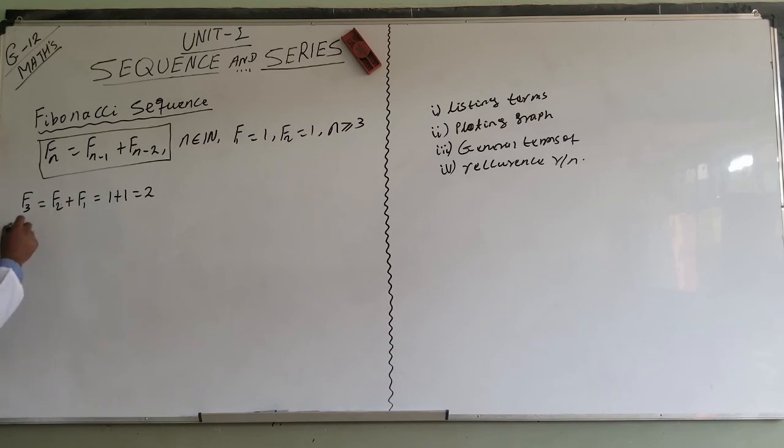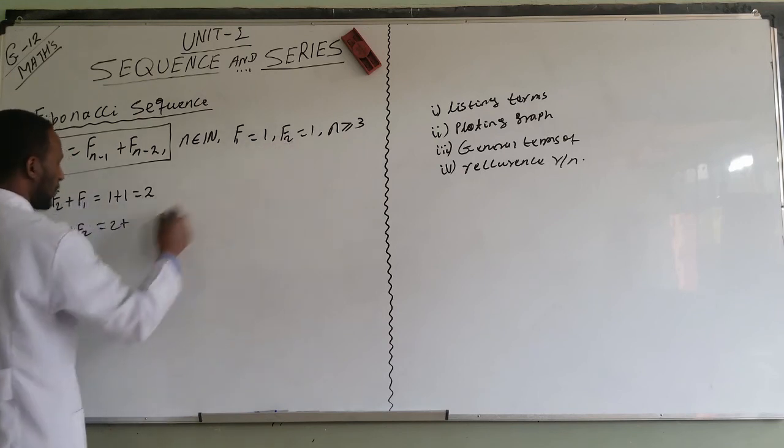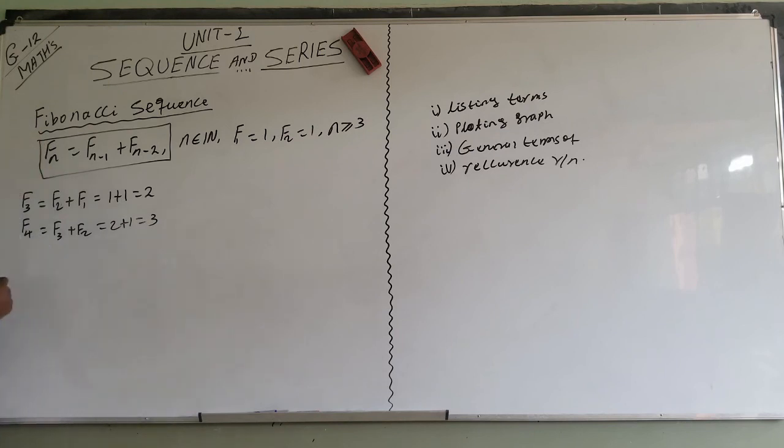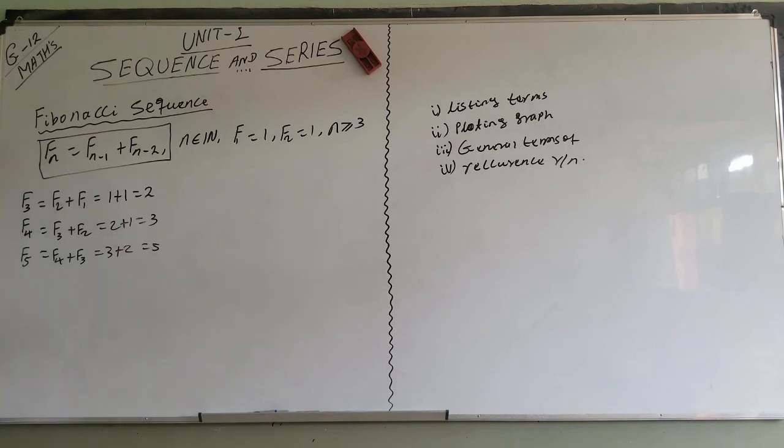Then f of 4 equals, substituting 4 in place of n, f of 3 plus f of 2. f of 3 is 2 plus f of 2 is 1, which equals 3. Then f of 5 equals f of 4 plus f of 3, which equals f of 4 is 3 plus f of 3 is 2, which equals 5. Then by this pattern,